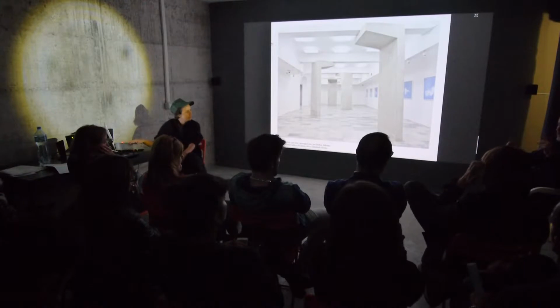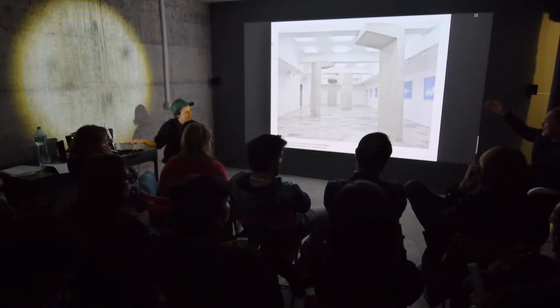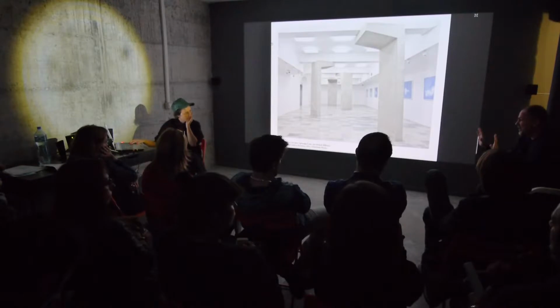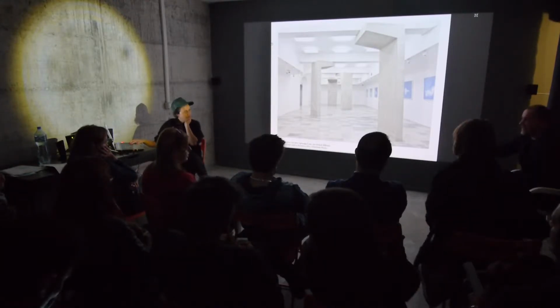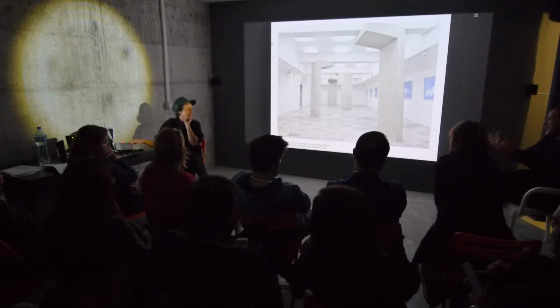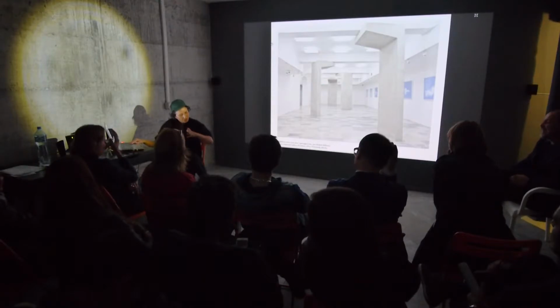But maybe, I don't know if people got it, these are the pieces of cement that the United Nations put to block the entrance, or not? I mean, to protect the building. Yeah. So the headquarters of the United Nations. What you call the column, I'm calling a column because I'm trying to make some distance to the agency of the aesthetic regime they embody in themselves. And because they are supposed to create a different functionality in the space,